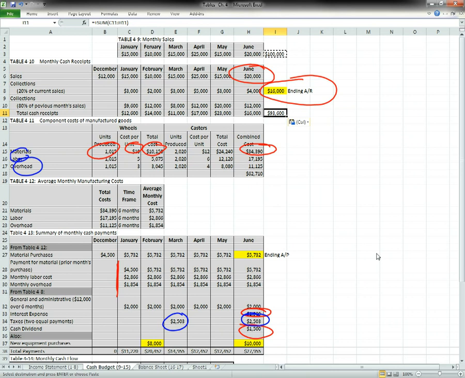We're going to assume that we had to buy some equipment, or we expect to buy equipment that's depreciable, in February and June. When we buy it, it's going to require cash, but because we're buying an asset, it's going to show up on the balance sheet. So we have to recognize that there are items that aren't involved in producing the income statement that nevertheless are required for developing this cash budget. So we're going to spend $8,000 in February, $10,000 in June, and the last thing we need to do